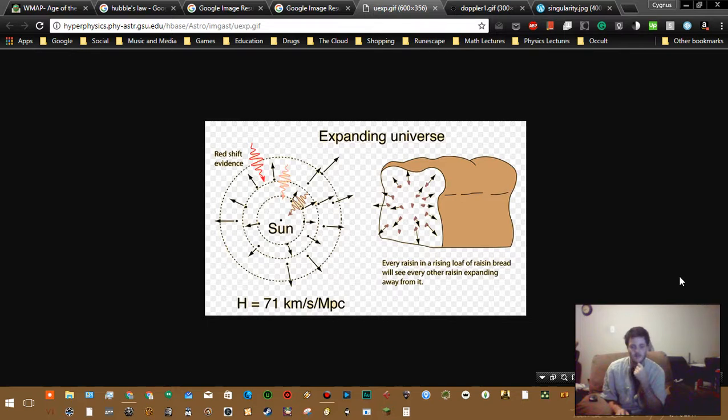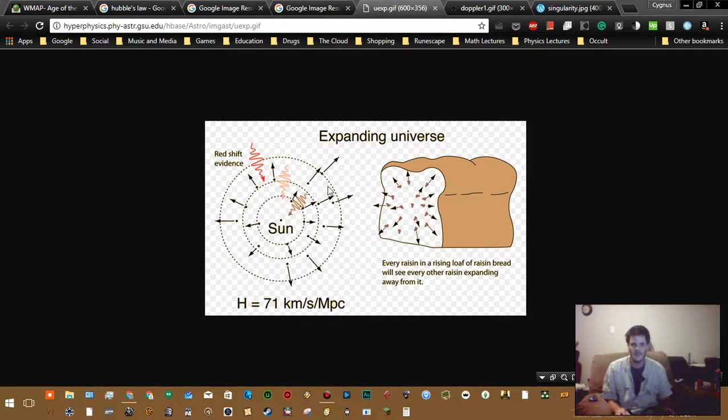So this is one thing right here. The expanding universe is exactly what I was just saying. This is the current value of Hubble's constant, 71 kilometers per second per megaparsec. What does that mean in English? That means that if you go out 1 megaparsec, let's call this distance right here 1 megaparsec. It's not important to know what that distance is, but the idea is that if you go out into space, things start moving away from you faster and faster the more you go out. So when you go out here, it's moving half as fast as if you went twice as far. Okay, simple stuff. It falls on a line.